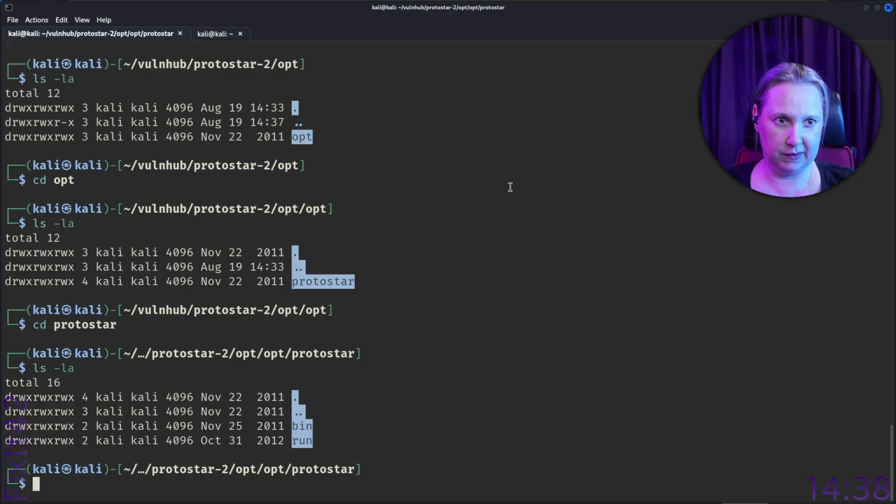And let's move star to how many levels? Dot. Let's see, protostar aft, right?